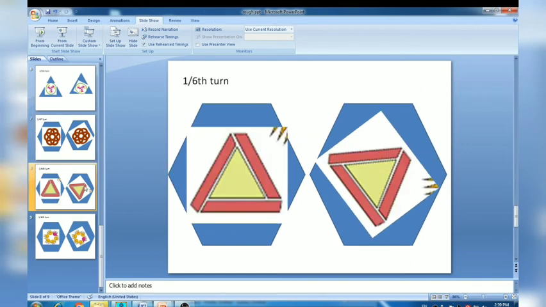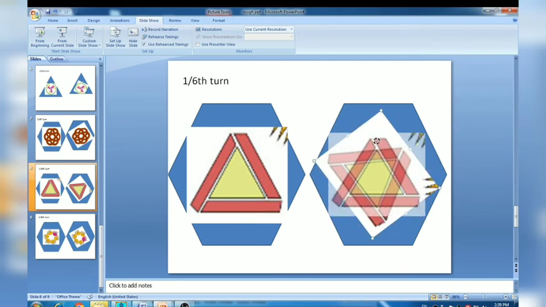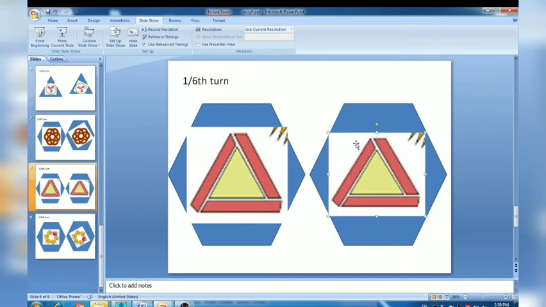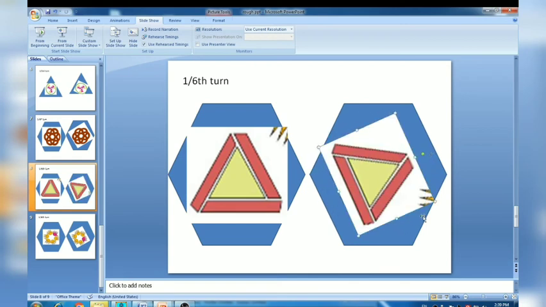So now the next one. Already we have studied this shape on 1/3 turn. Now we are going to see whether it looks the same on 1/6 turn. So I will take here 1/6 turn. I will cover one part out of the 6 parts. Okay, now does it look the same? No, that means this shape looks the same on 1/3 turn, but it looks different on 1/6 turn.